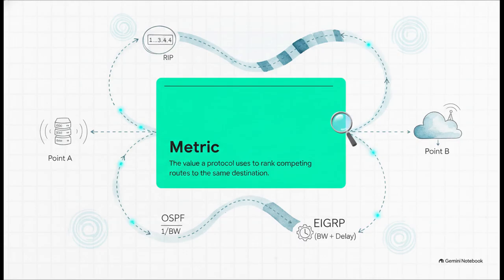Next up, we have the metric. Think of a metric as the specific value a protocol uses to rank competing routes to the exact same destination. It's like every protocol thinks a little differently about what makes a path good. RIP simply counts the number of router hops. OSPF calculates a cost based inversely on the bandwidth of the links. Meanwhile, EIGRP uses a really complex composite calculation factoring in both bandwidth and delay. They all want to get from point A to point B, but they use entirely different math to pick the